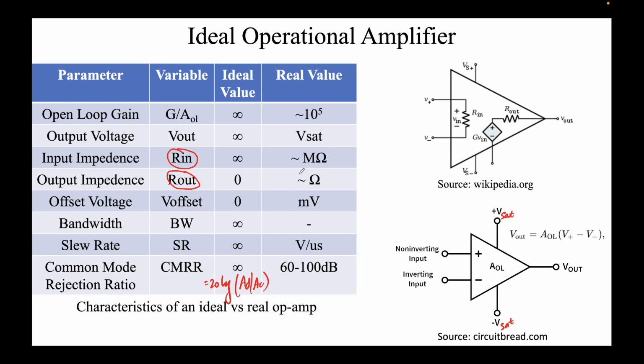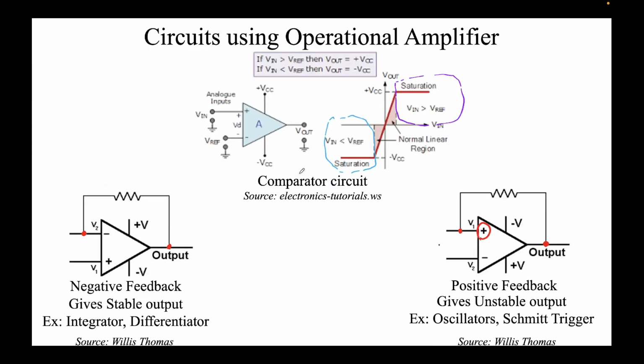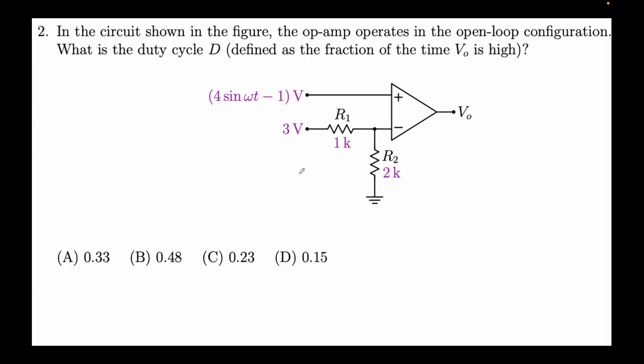All right, if there are no doubts, let's quickly jump to this problem. Okay, so this says that in the circuit shown in the figure, the op-amp operates in open loop configuration. Now this is an important word, open loop configuration. We'll see how to identify what is the duty cycle D. Now duty cycle D, you must be aware, is defined as the fraction of time V0 is high. So let's say V0 is the output over here. So let's say V0 is behaving something like